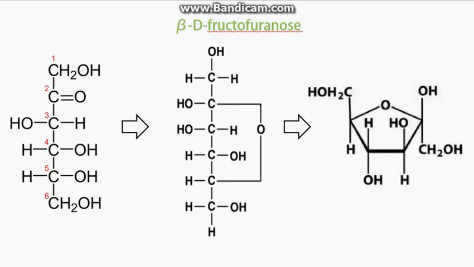Let us see our next example, beta-D-fructofuranose. Now in the same way, the furanose form of fructose has been obtained. The only difference will be the carbons which are involved in this process. Now here you will see carbon number 2 and carbon number 5 are involved in the process. Glucose and fructose are isomers of each other. They are hexoses. It is just the forms in which they exist that are different.